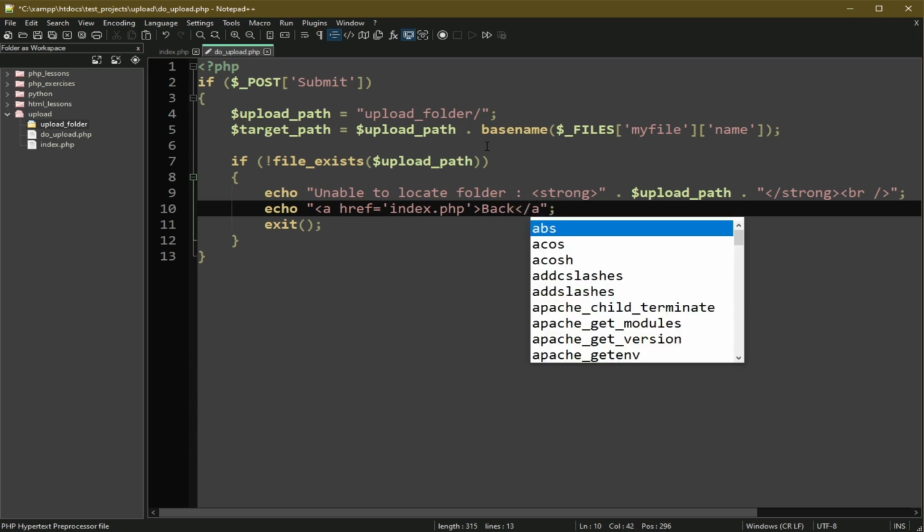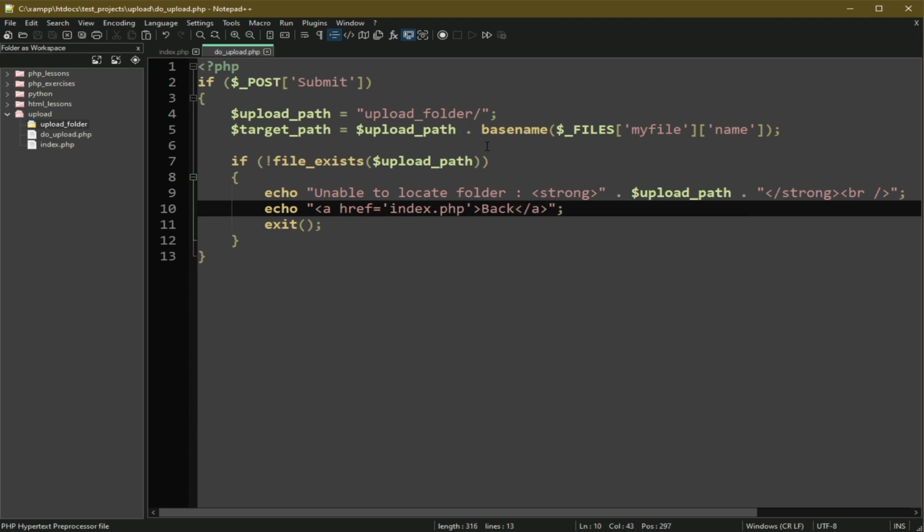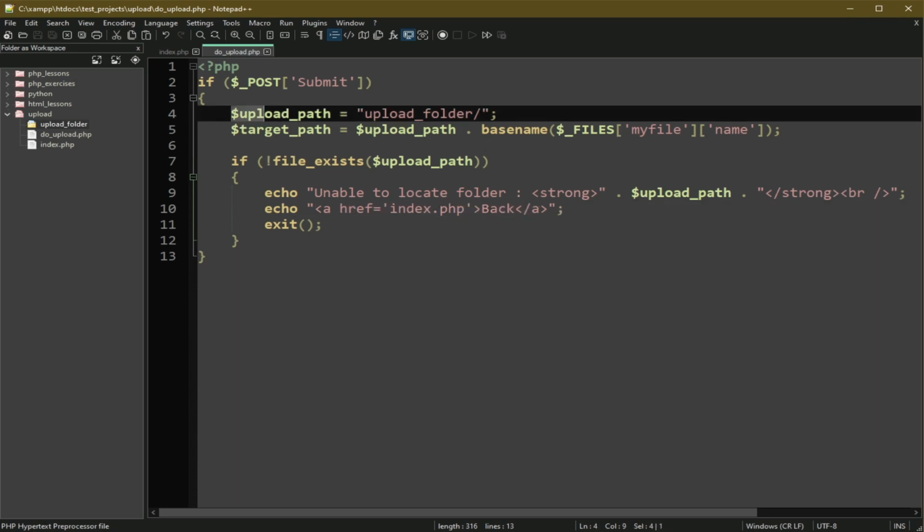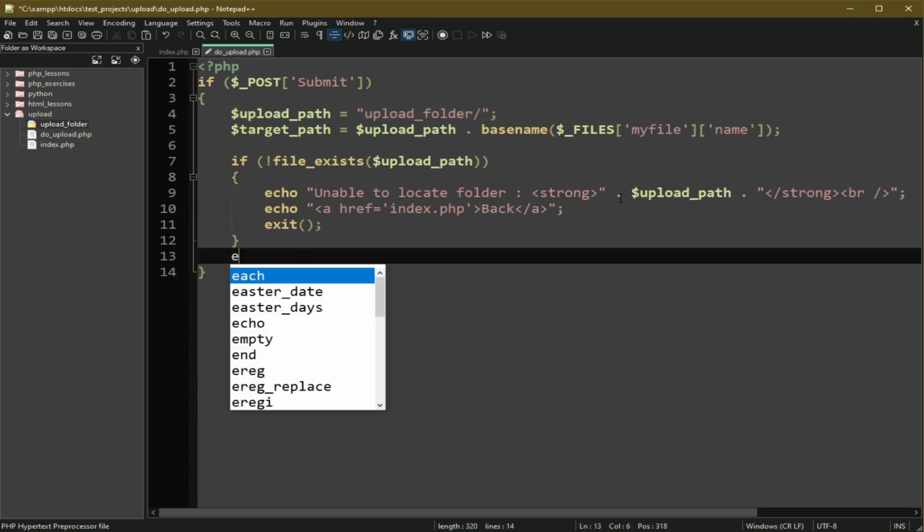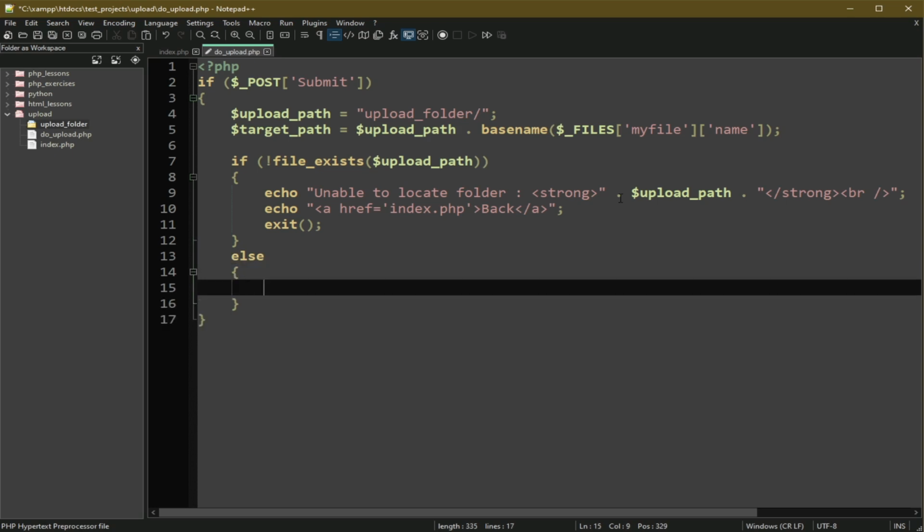We actually basically just added a back button. So that's it. If there's an error, if the file doesn't exist, or if this particular folder doesn't exist, we will be prompted with the message unable to locate folder. Then we can actually click the back button. So if it does exist, through else,